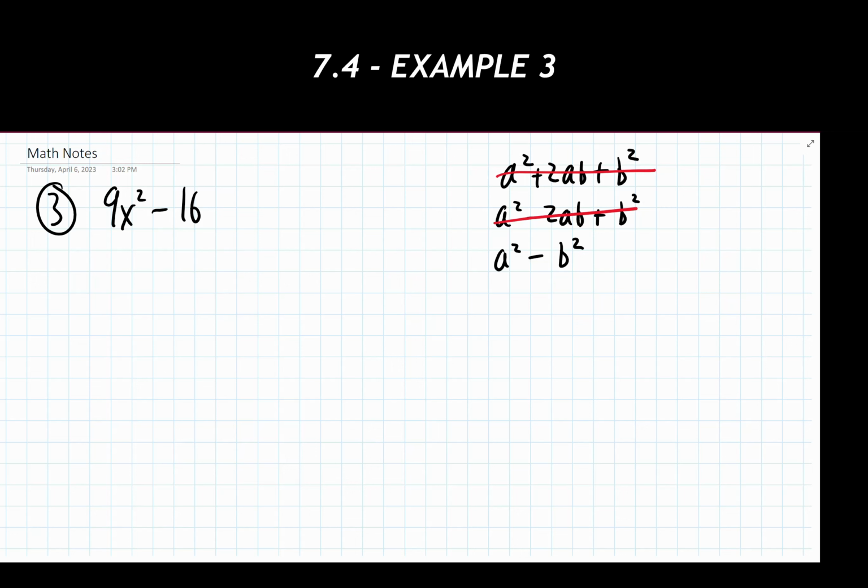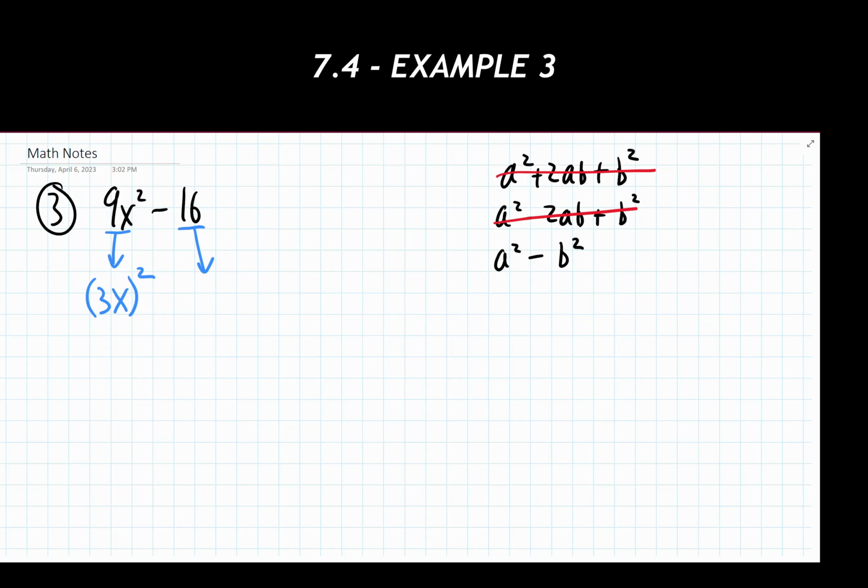All we need to do now is determine, well, what's the a and the b value? And what we do for the a and the b value is say, like we've done with the first two examples, looking at the first term, what squared would give me 9x squared? Well, we can also think of this as, what's the square root of 9? Well, it's going to be 3. What's the square root of x squared? It's just going to be x. So 9x squared is the same as saying 3x, all raised to the second power.